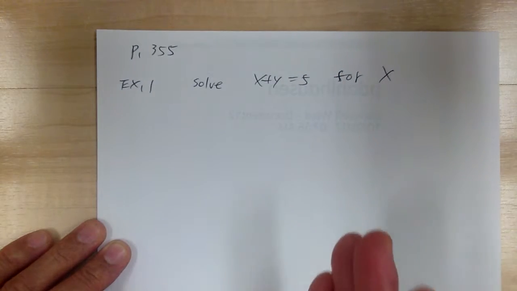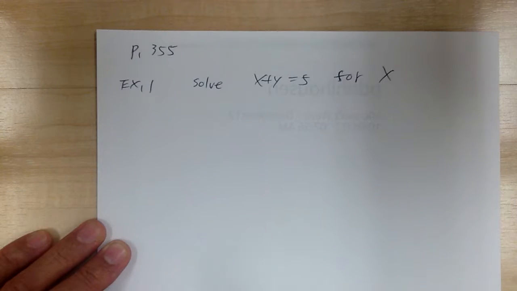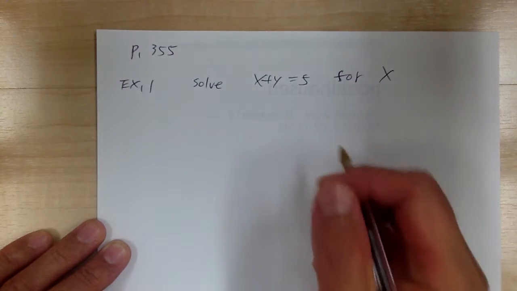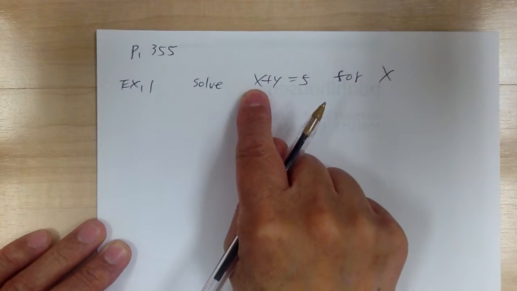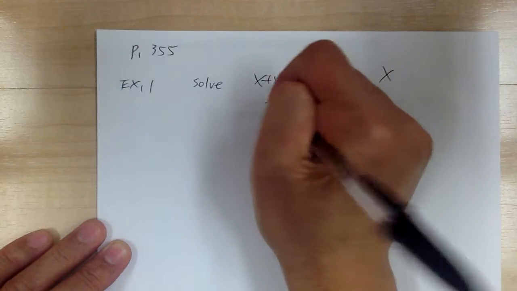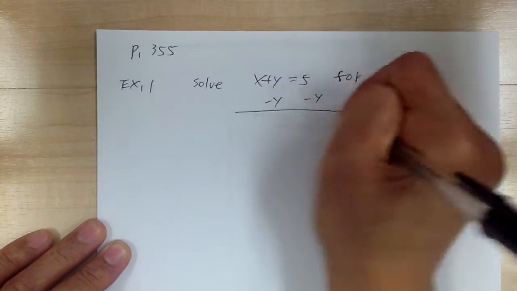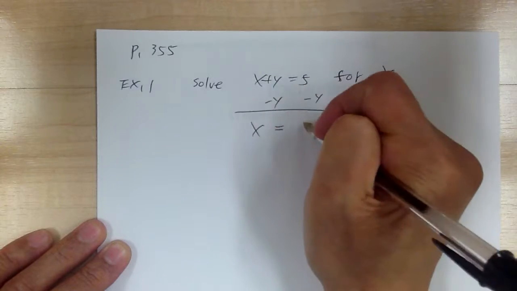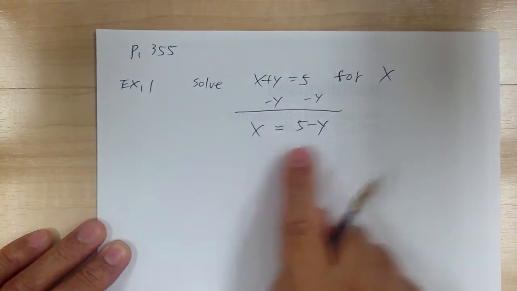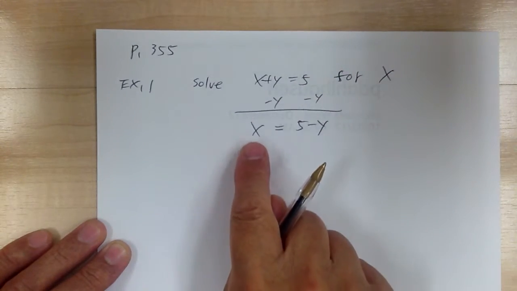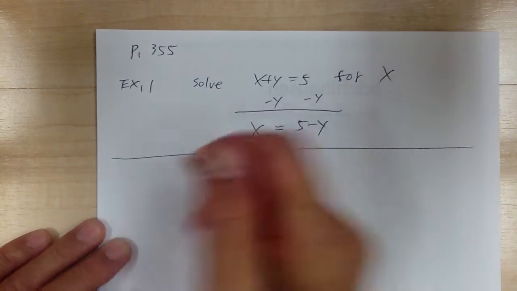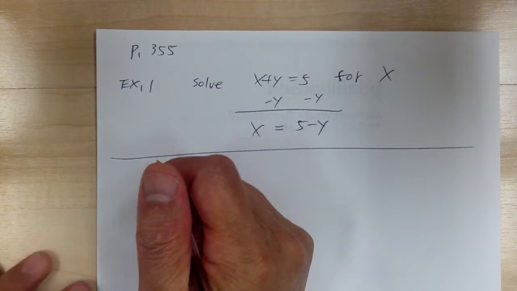When you're solving for x, means you want to have the x by itself. So you have to get rid of all the other stuff. Okay, so you want to have an x by itself, so you have to get rid of the y. So minus y, minus y. So x equal to 5 minus y, and that's it. Again, when you're solving for x, means you want to have an x by itself. Okay. Now let's go to,